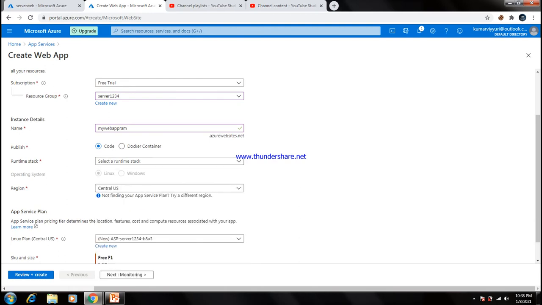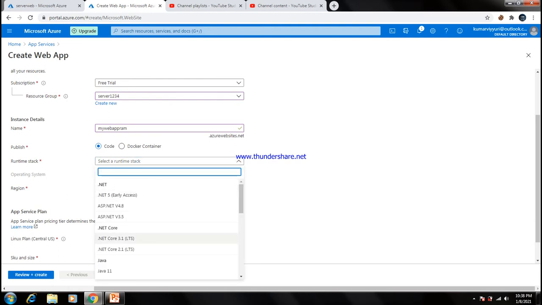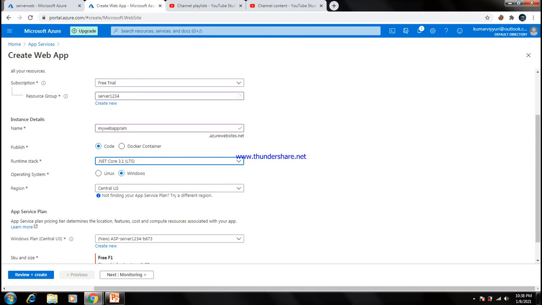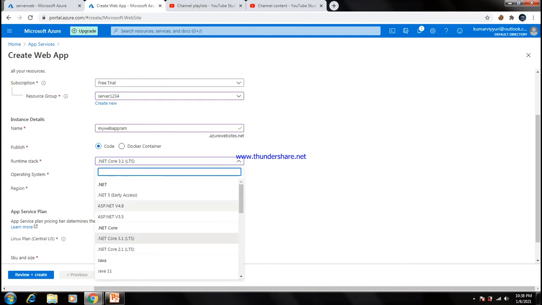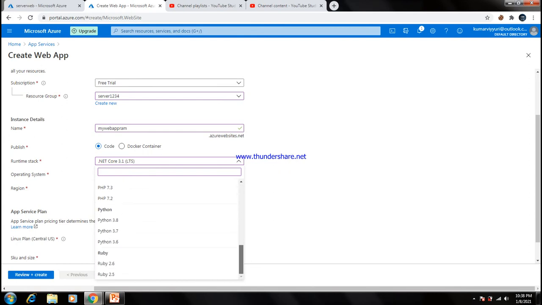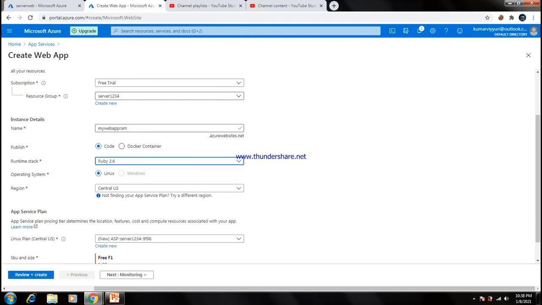For example, if I give the Java platform, you get both operating system environments, Windows as well as Linux. If I choose another platform, like Ruby, it does not have a Windows option, it is only available for the Linux operating system.